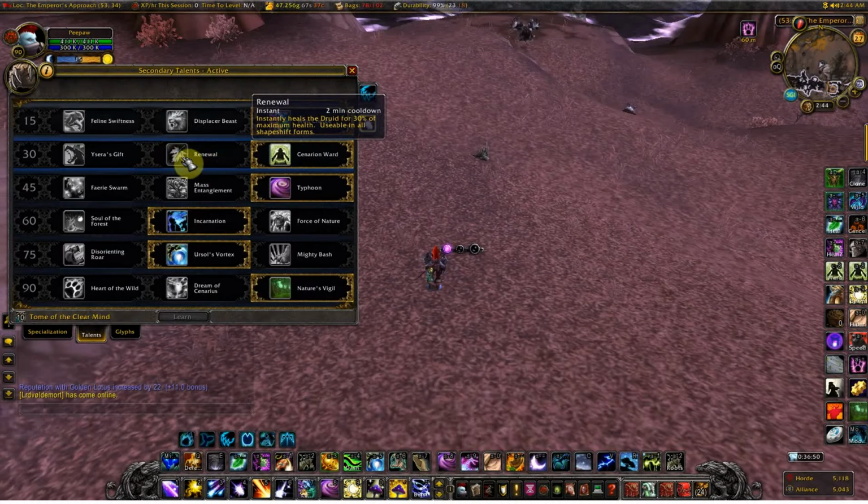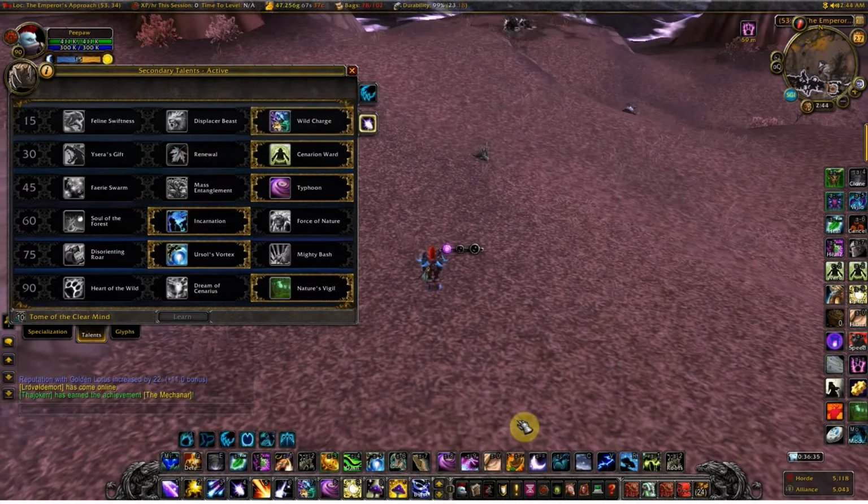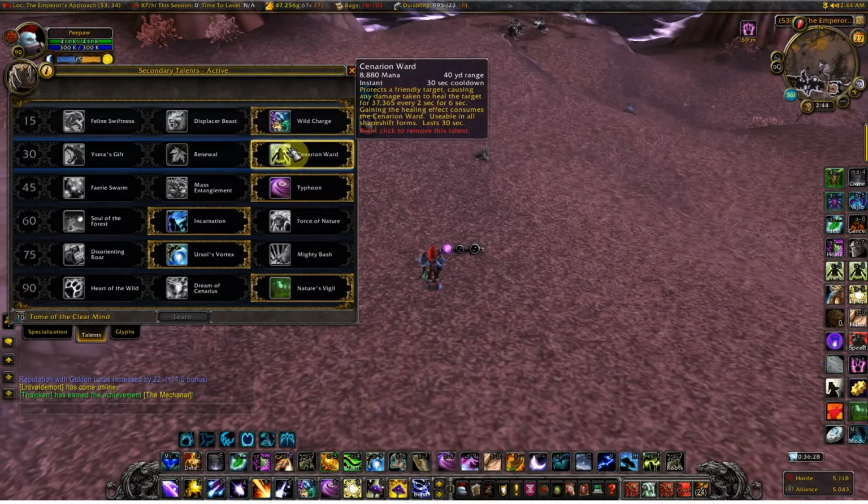Renewal, this could be very good. This is definitely solid. Instantly heals a druid for 30% of maximum health, usable in all forms. So it's 30%. It's definitely good. You're getting bursted, boom, pop this, 30%. It's very nice. Plus, you could do a Nature's Swiftness heal, all that good stuff. It's alright, but it's a 2-minute cooldown, so it's not really the best. I choose Cenarion Ward